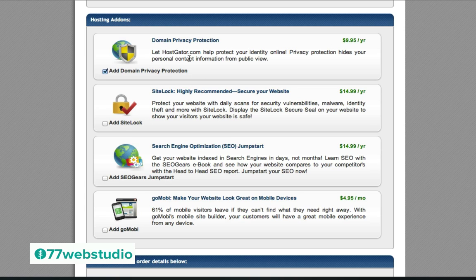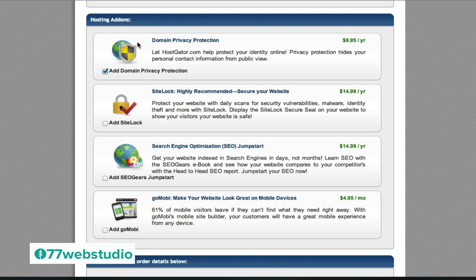And the privacy protection, this is really optional as well. I do recommend signing up for privacy, however, and this is why. When you create a web hosting account on any kind of web hosting company, by default, if you do not have privacy, account details, including your address, your email address, and your phone number, may show up in the web host database for anyone on the internet to be able to access.